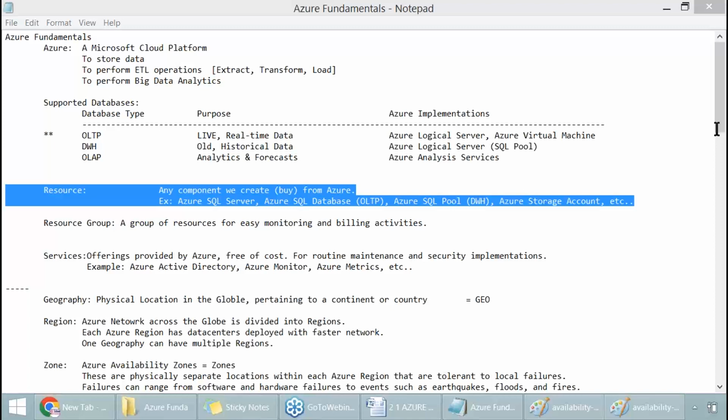Like server is a resource. Same way, a database or historical data store called SQL Pool, we call it pool. It is a resource. Okay, next. From here, even in the next classes we'll understand something called storage account. Right? We'll call it a storage account. It's a resource,